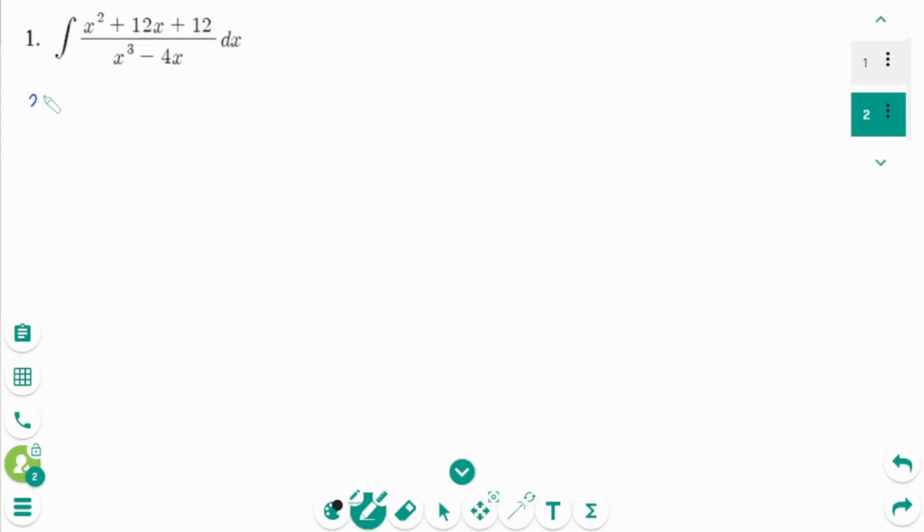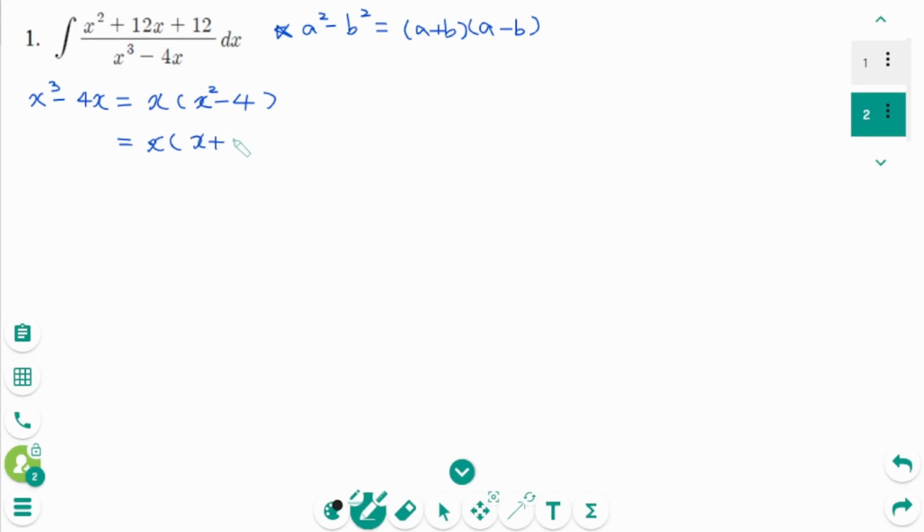Question 1. Because x cubed minus 4x is x times (x squared minus 4). Use the formula a squared minus b squared equals (a plus b) times (a minus b). Then back to the original, x times (x squared minus 2 squared), that means x plus 2 times x minus 2. Since the denominator has 3 distinct linear factors, the partial fraction decomposition of the integrand has the form